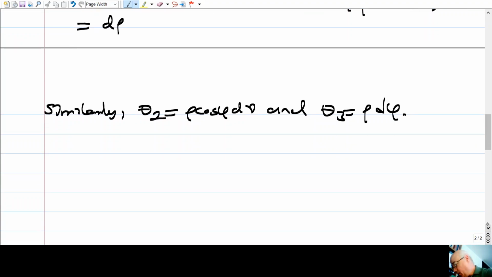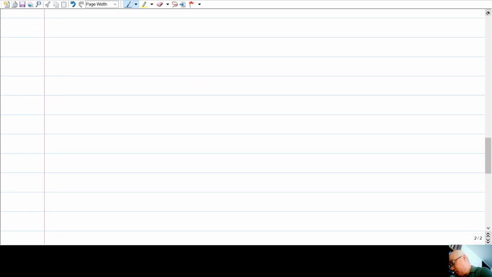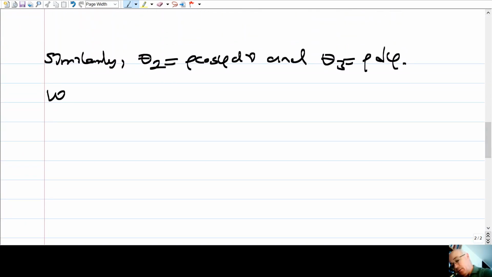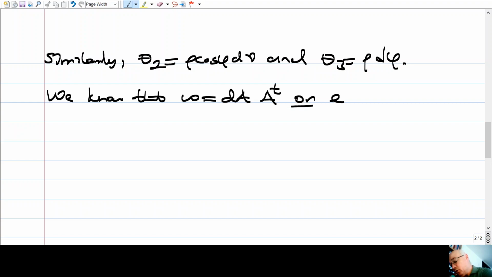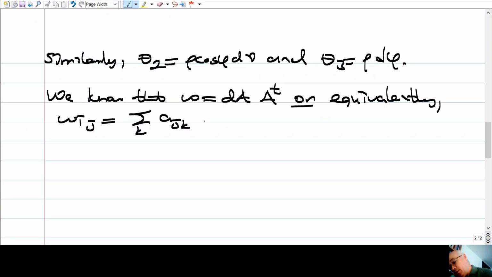All right, we know from Cartan's equations that the connection 1-form is just the matrix A, its differential times its conjugate, or equivalently omega ij is just the summation over k of aj k d ai k, and hence we computed all these, and hence we get